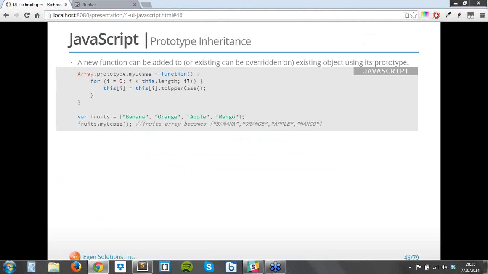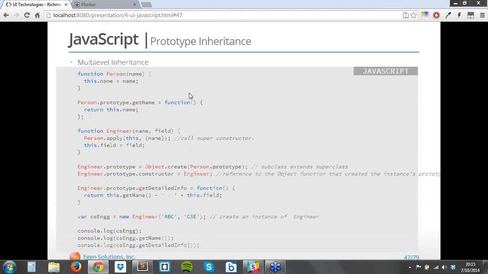Coming back here, so of course this is prototype inheritance, and since you have defined or altered something on the prototype, every instance of array will have access to that method. Now someone was talking about multi-level inheritance, right? So let's see. So again, we saw that